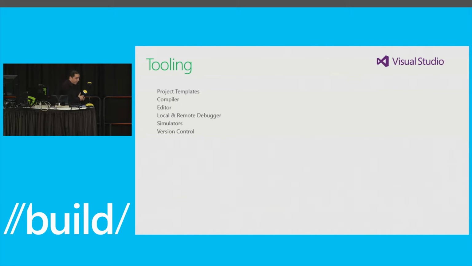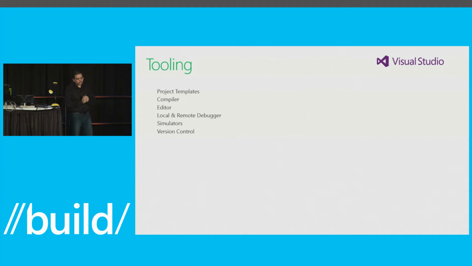Moving on to tooling. This is really interesting for me. I talk to people that do games a lot, and we talk about Visual Studio. And everybody will tell me, oh, it's the best IDE out there. Right? How many think Visual Studio is one of the best IDEs out there? See? Those of you who didn't raise your hand, I took your name. I got you.